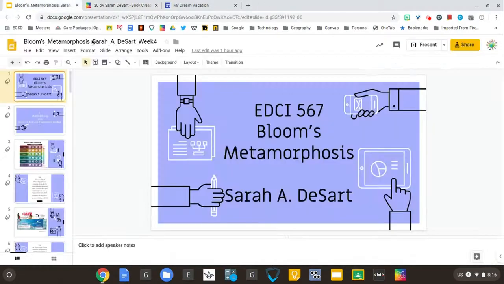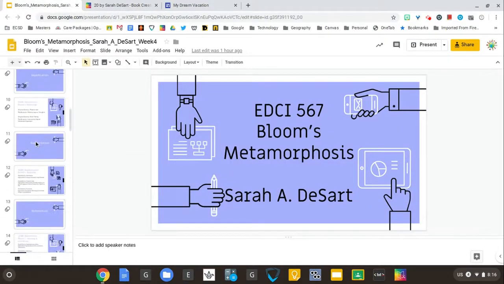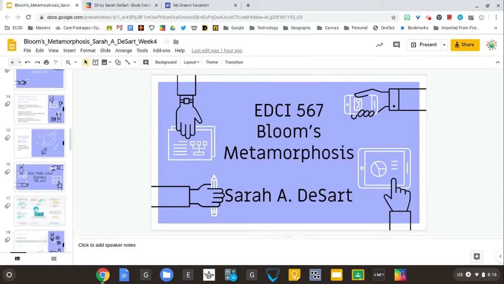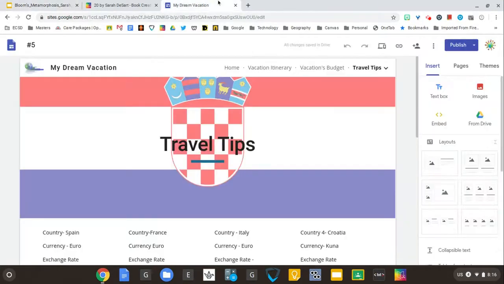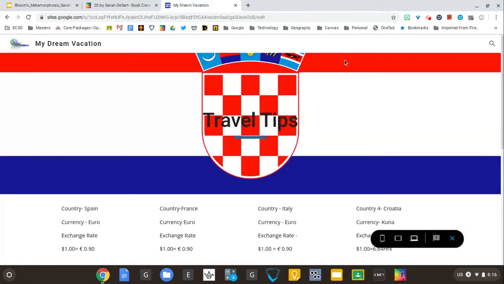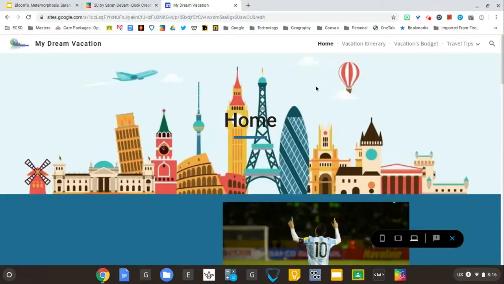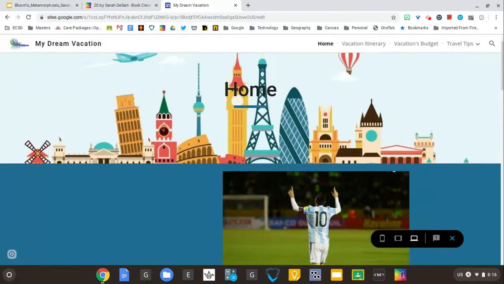The next one under redefinition: I used to have them make a travel brochure, but to get to the redefinition phase, I have them make a website. So we're going to take a look at one of these websites they created. Here's their homepage.